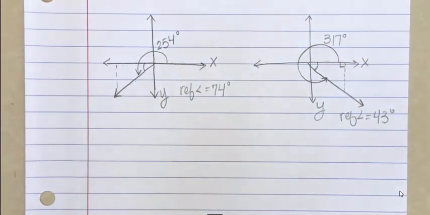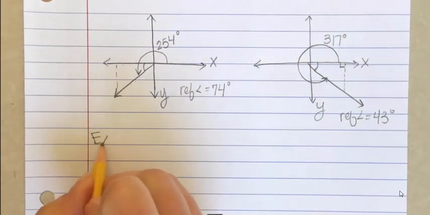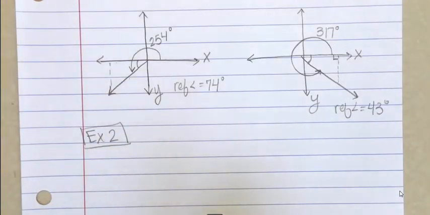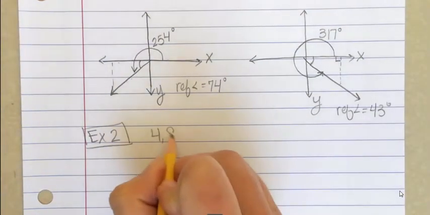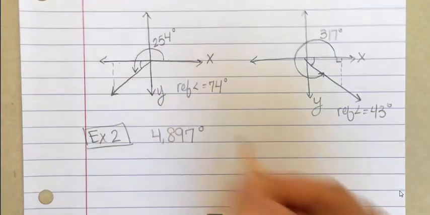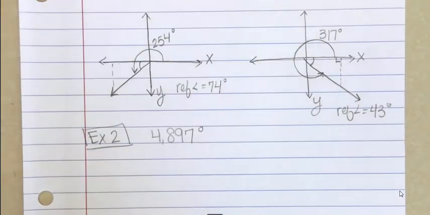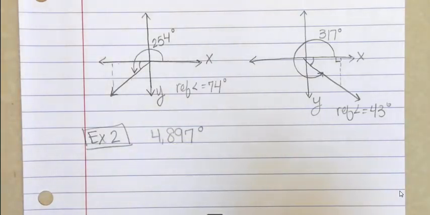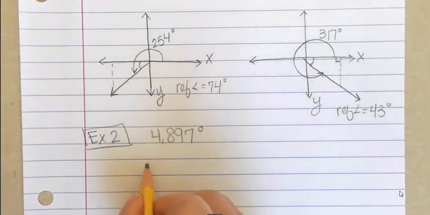Okay, we'll do one more example. Again, same page. So we're going to sketch an angle that is 4,897 degrees. And then we're also going to label what its reference angle is. Okay, so obviously this is more than one rotation. But how do I figure out how many rotations it is? Well, one rotation is 360 degrees, right? So if I have